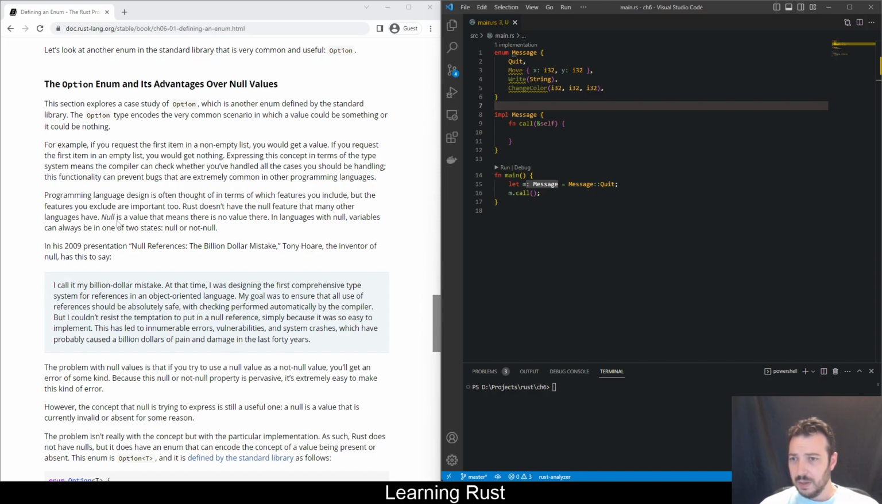Okay. Programming language design is often thought of in terms of which features you include, but the features you exclude are important too. Rust doesn't have a null feature that many other languages have. Null is a value that means there is no value here. In languages with null, variables can always be in one of two states, null or not null. This isn't